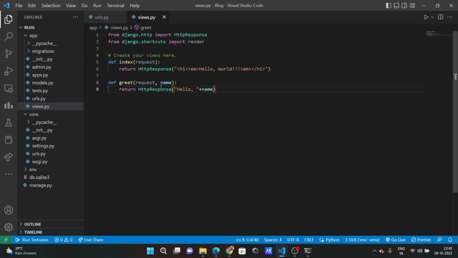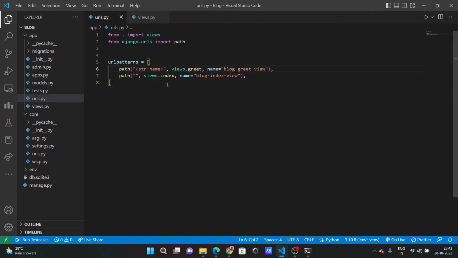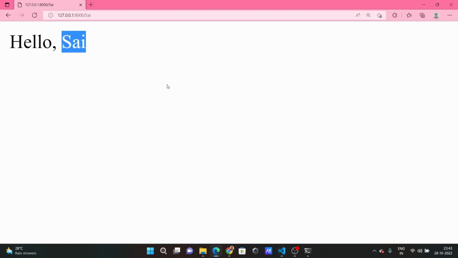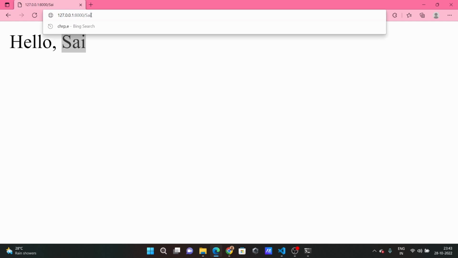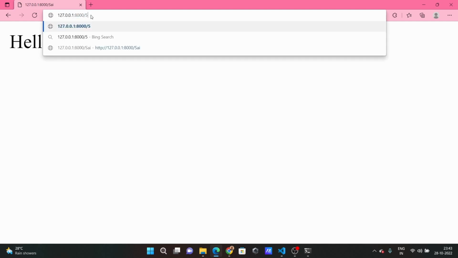You can pass integers also. For example, I can make it an ID, but here I have to change it to int. If I change it and if I pass 5,